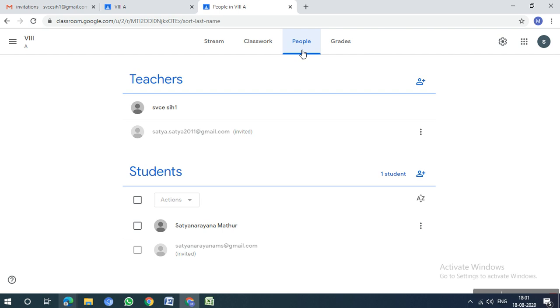Sir, I have one doubt. I have created the classroom and invited the students, assigned the homework, everything is done. Tomorrow, or the day after tomorrow, I have to give homework again. Do I need to create one more classroom? No, madam. Everything is in the same classroom. The classroom will be created only once, students will be added only once, but you can perform multiple activities. Okay, thank you, sir.